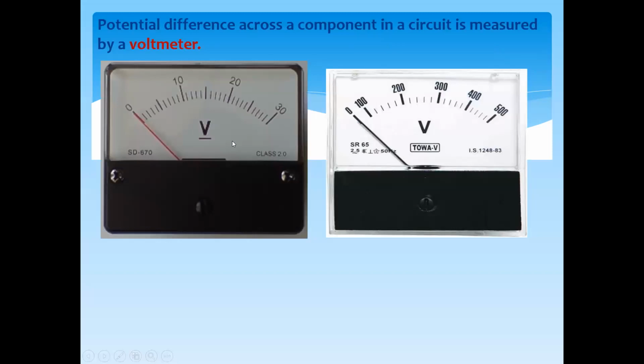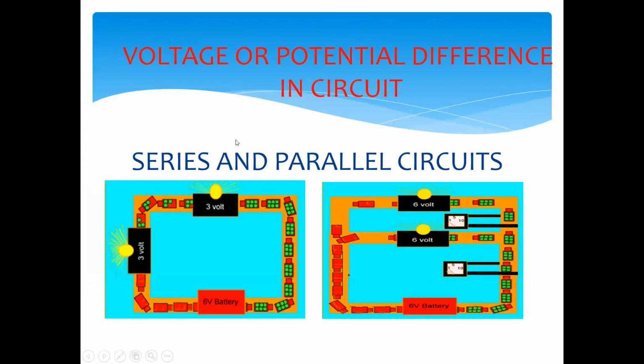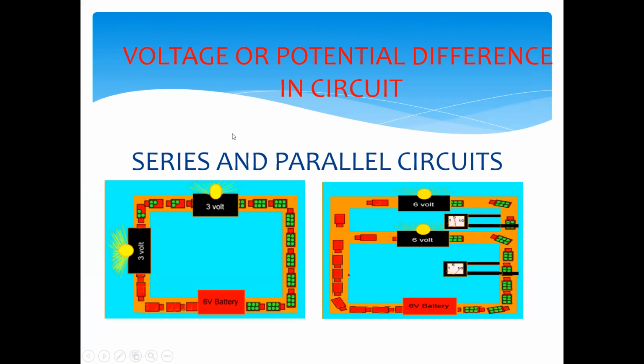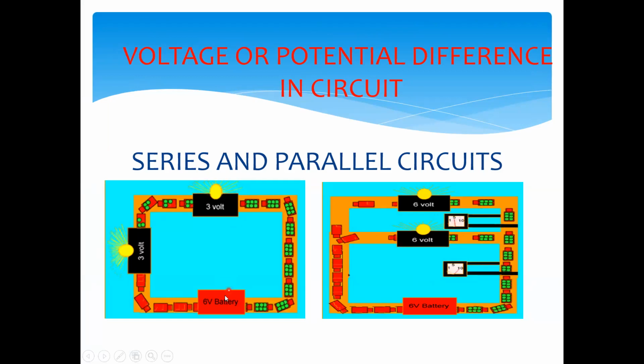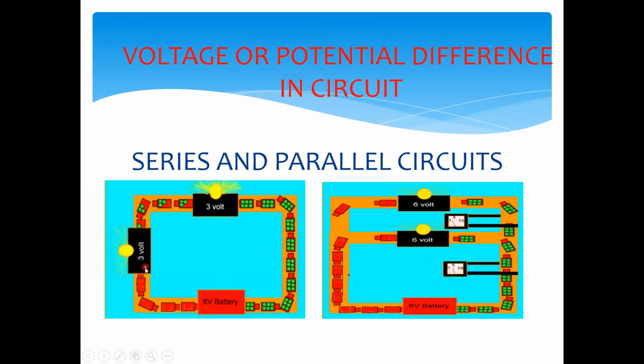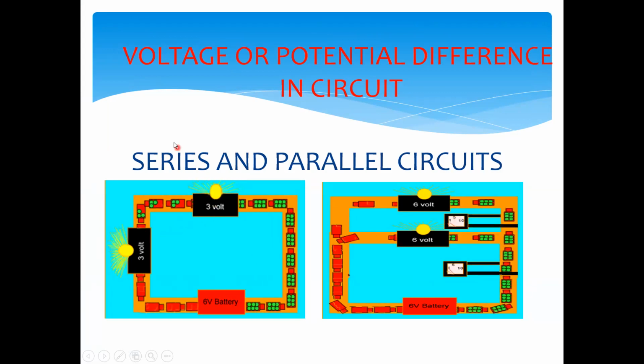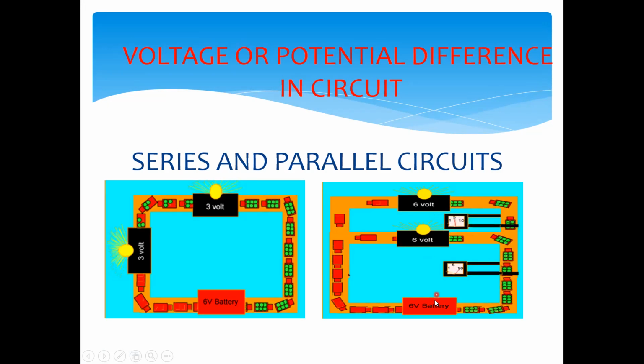And if you want to measure the voltage, either EMF or potential difference, we can use a voltmeter. And voltmeters are always connected in parallel. Why in parallel? Because in parallel the voltage is the same. So if we have a 6-volt supply, the charges each carry 6 joules of energy. Some it transfers across one component, and the remaining it transfers across the other one. So the energy is divided between the components. So in series circuits, the potential difference is divided. But in parallel, the potential difference is the same as the EMF of the supply.